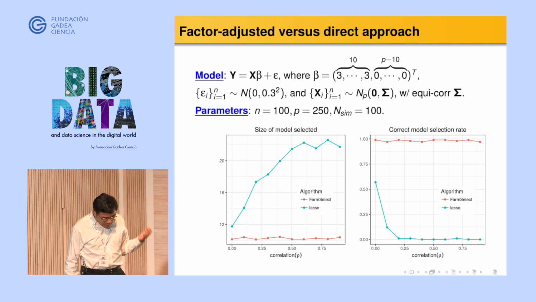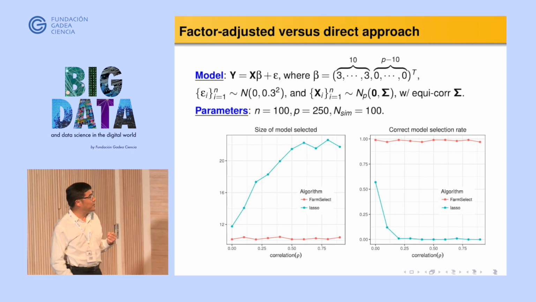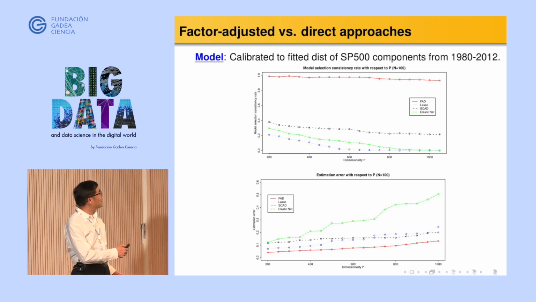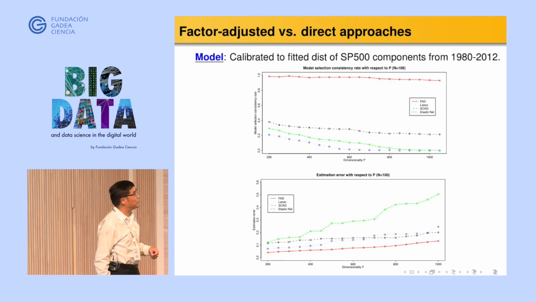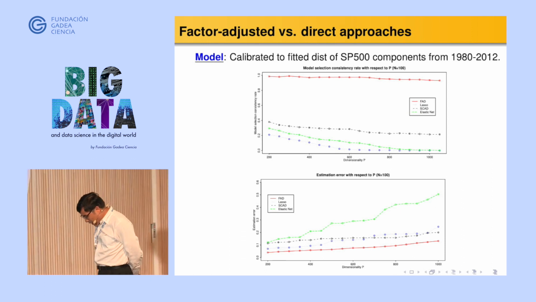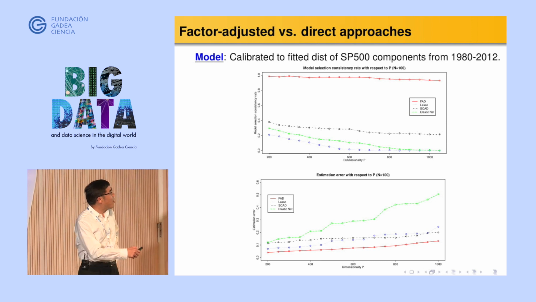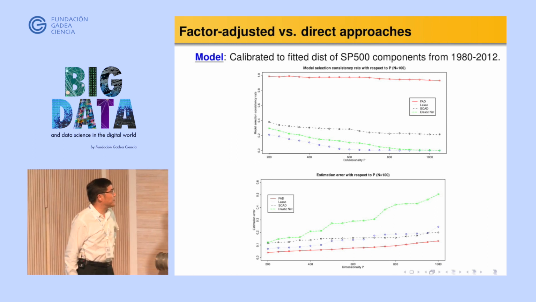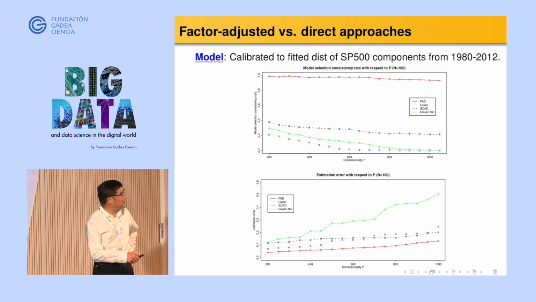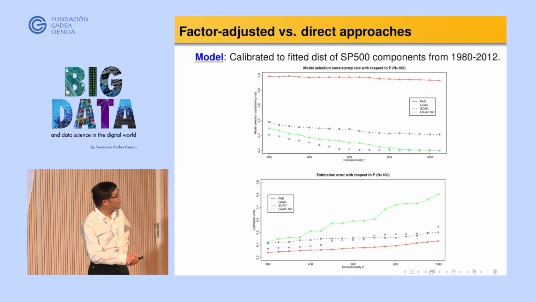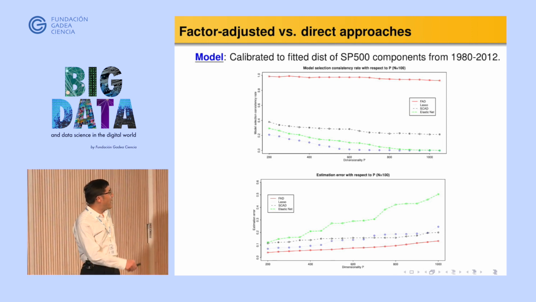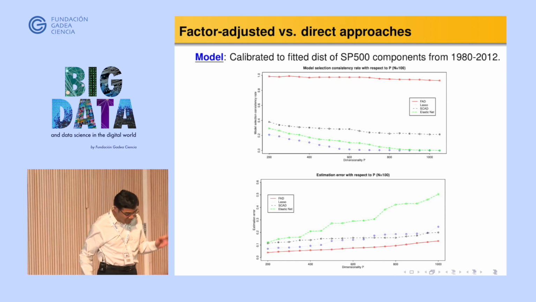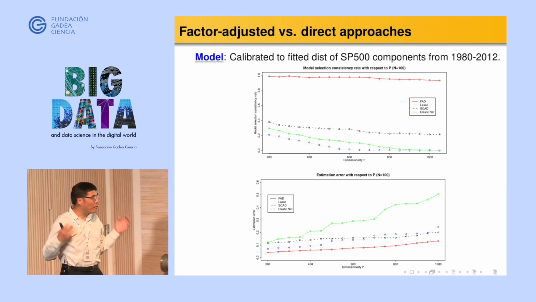Okay, if you think what I'm doing here is unconvincing because the equal-correlation covariance matrix is unrealistic, then we use a covariance matrix calibrated to the S&P 500 components of the data from 1980 to 2012. Now we use our factor-adjusted model selection. It's more or less, again, 100% correct in choosing the correct model. On the other hand, the lasso is this guy, right? Its model selection consistency rate is very low, and of course elastic net doesn't improve very much, SCAD doesn't improve very much. The reason is that the covariance is just too strong.